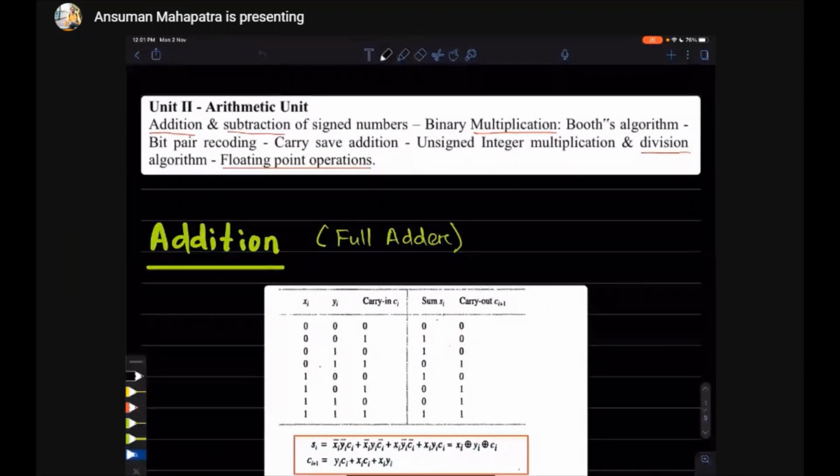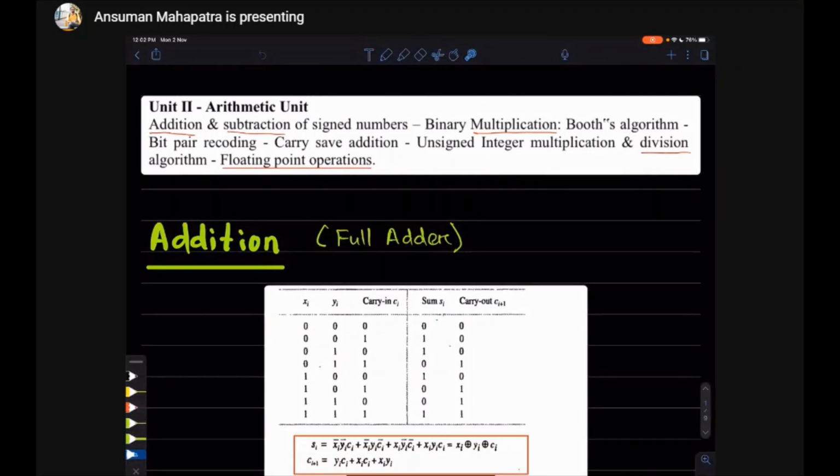This unit consists of addition and subtraction of signed numbers, then multiplication, then division, and then how to represent floating point numbers and how to do their addition, subtraction, and all those things.